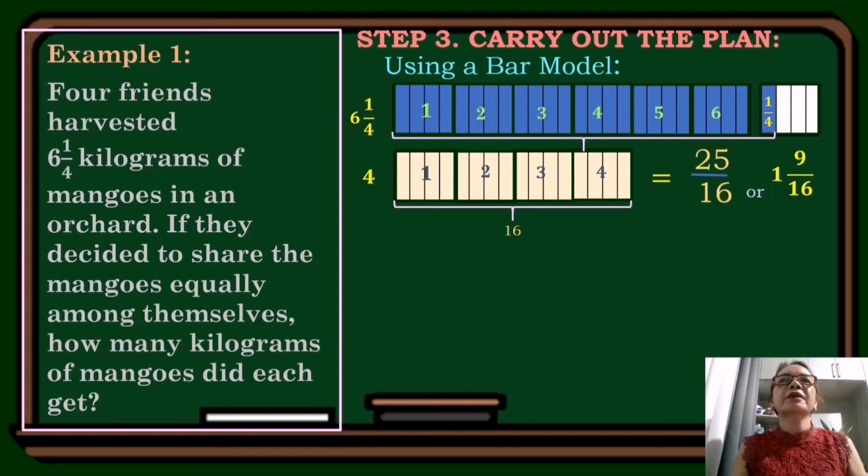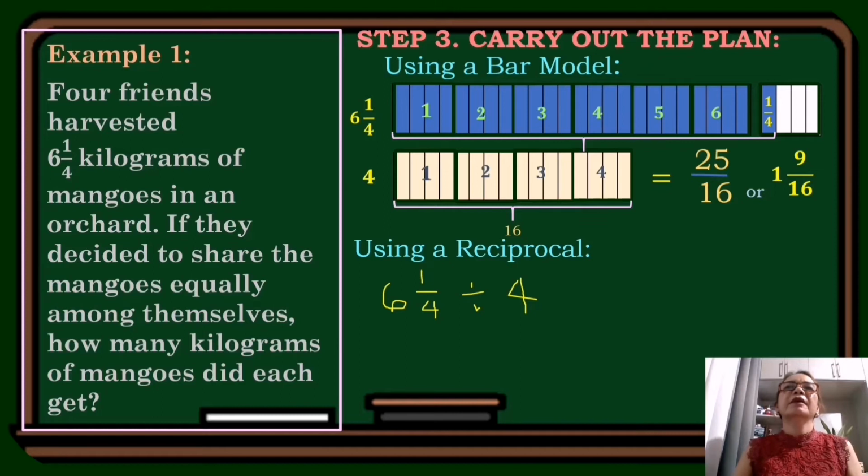Next, we also have the reciprocal method to answer the problem. Here, we are going to solve using the equation. Okay, so what was our equation earlier? We have 6 1/4 divided by 4 friends. Okay, so our dividend is a mixed form, so we will change this one to improper fraction by